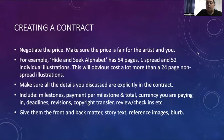So the price has to be fair to you, but it also has to be fair to them, because they're doing a job. They're working a number of hours. Okay, they've got a life. They need to pay their bills. It needs to be fair. So sometimes